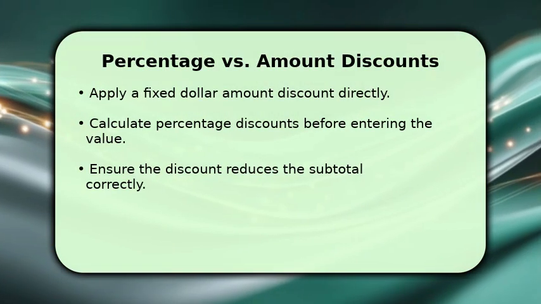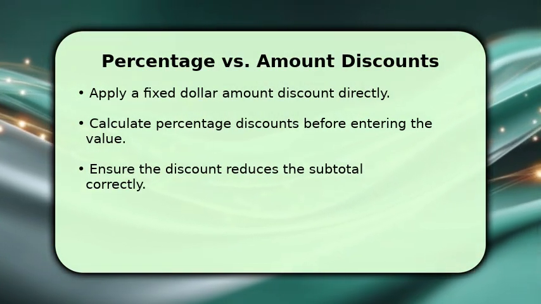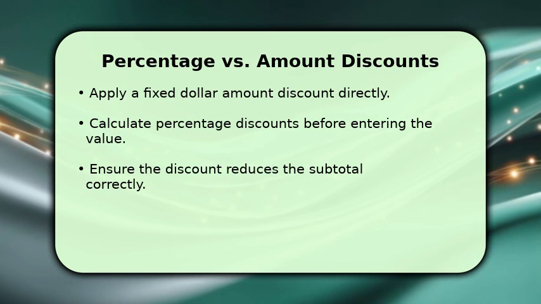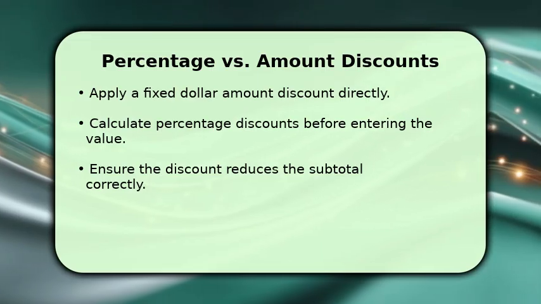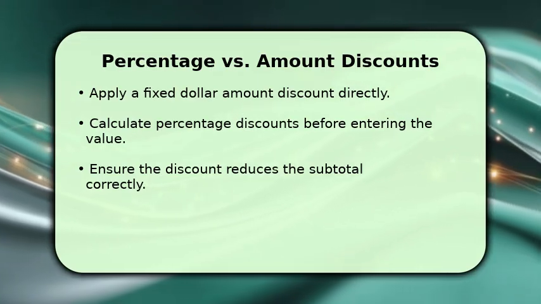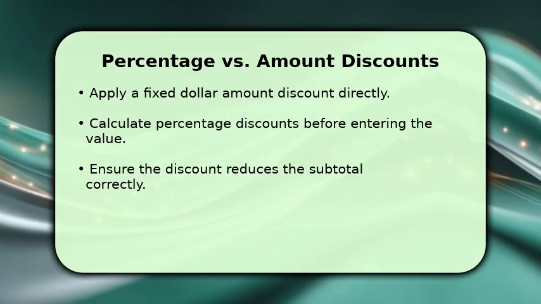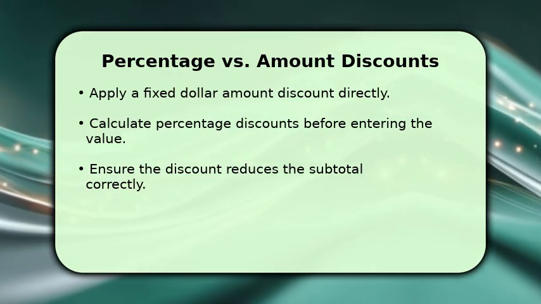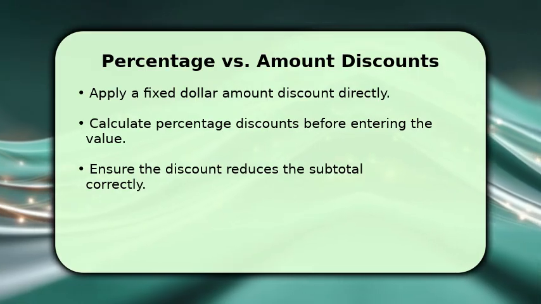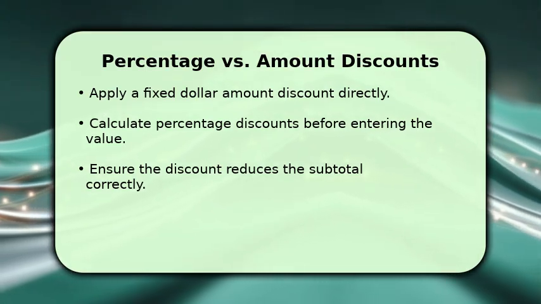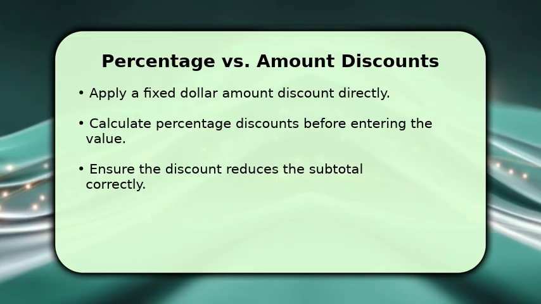You have flexibility in how you apply discounts. For a fixed dollar amount, like $25 off, you simply enter -$25. If you're offering a percentage discount, say 10%, calculate that amount first based on the subtotal, then enter it as a negative value. Always double-check that the discount correctly reduces the invoice subtotal before sending it to your client, ensuring